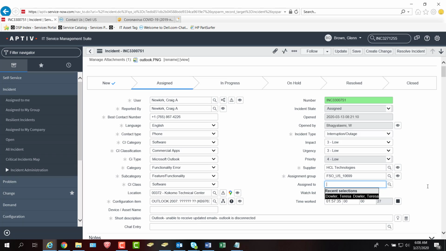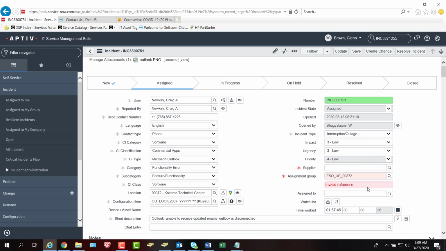In order to get this to work, what we have to do is click on the assignment group, delete the site number, and put in the current site name, which our names are listed under for that group. This is normal. It'll blot out the supplier and say invalid reference, but when you click on assign to, then here are our names. So then if we click that,